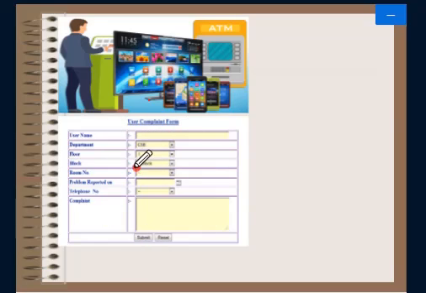Some details like last name will be given, and some drop down buttons and text boxes will be given. According to the title or caption, the data will be entered into the text box. The data entered by the user will be captured into the database.